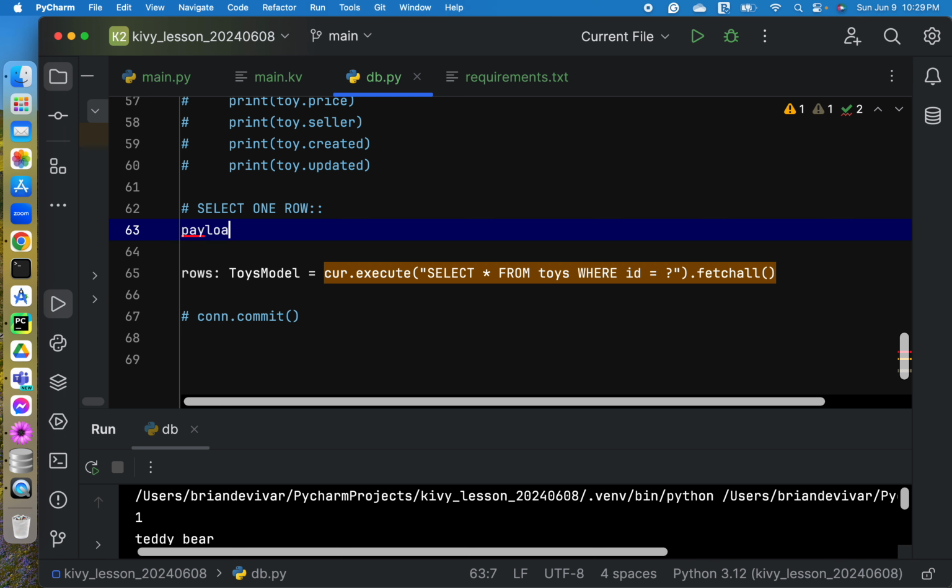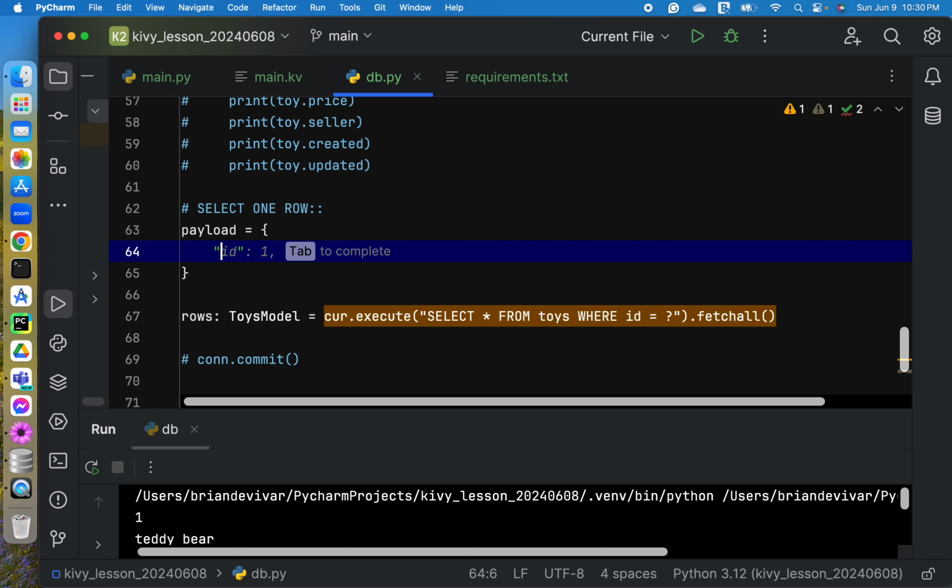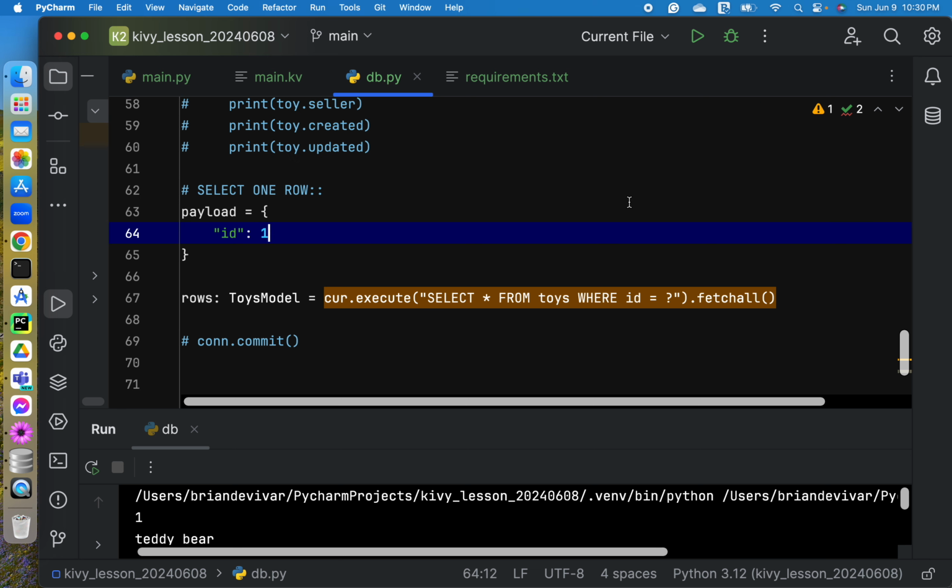So we need a payload. The payload is ID, and let's say for example we want to display the first item in our table.